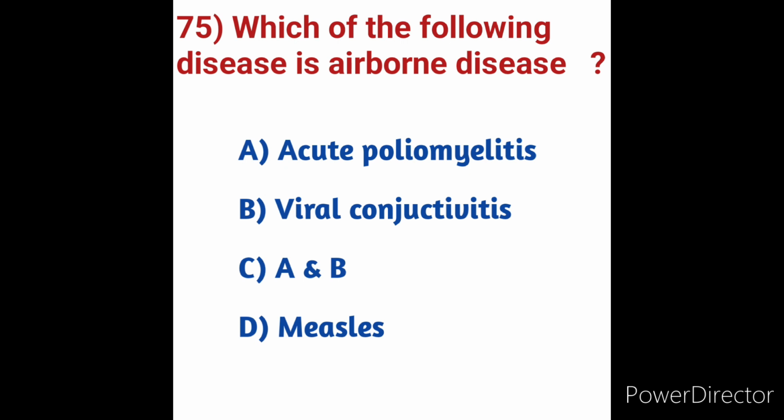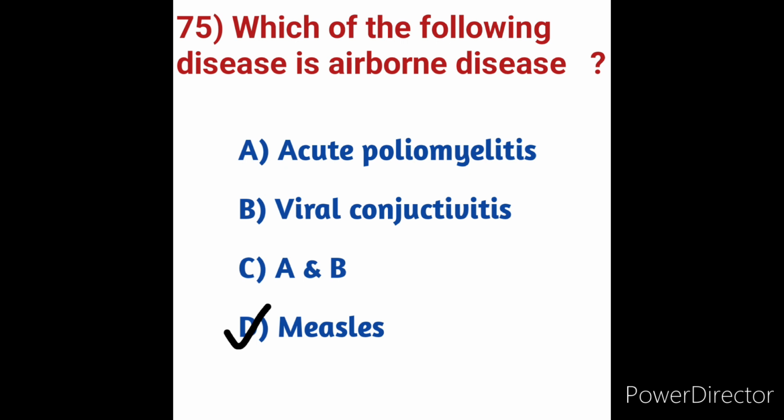Measles is a highly contagious, serious airborne disease caused by a virus that can lead to severe complications and death. Measles vaccination averted 56 million deaths between 2000 and 2021. The virus is transmitted by direct contact with infectious droplets or airborne spread when an infected person breathes, coughs or sneezes. So measles is an airborne disease. Here in these options, option D is the correct answer.